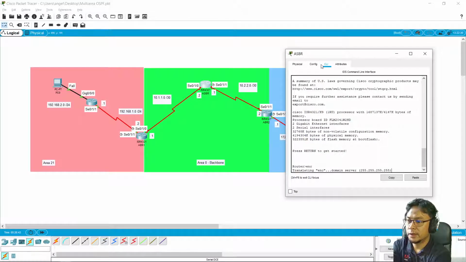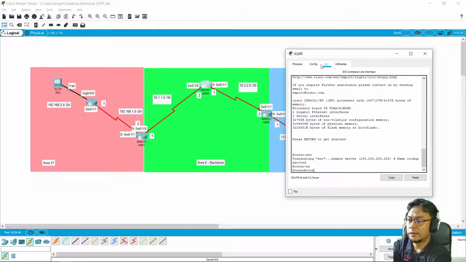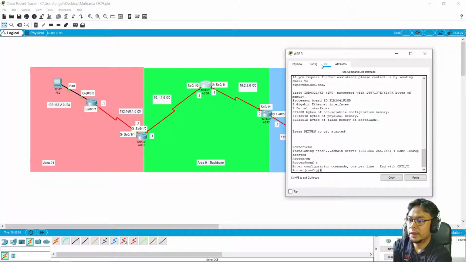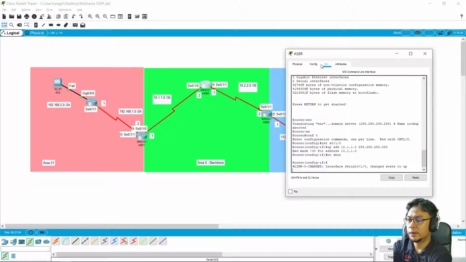Enable, configure terminal, interface S0/1/0. Then IP address is 10.1.1.0,